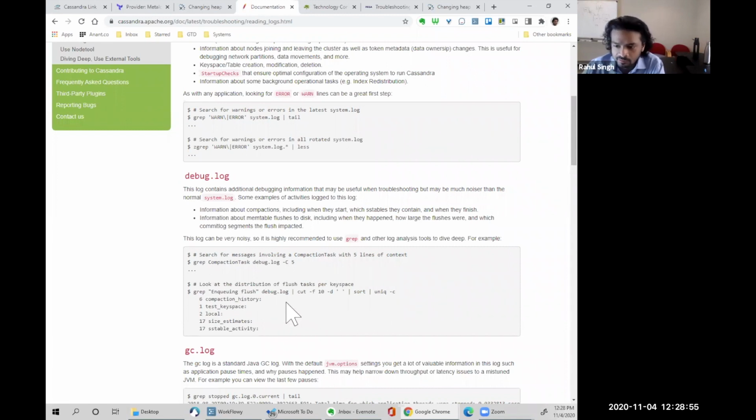So this is getting into some fancy Unix cut, sort, and unique commands. But if you have Elasticsearch or Splunk, you can basically do the same type of things, which is to look for the frequency of certain messages. And then finally,